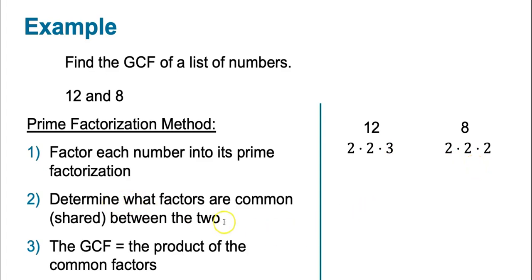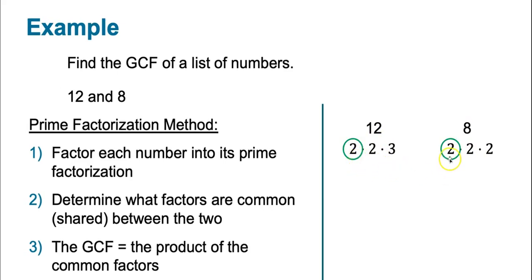Step 2, determine what factors are in common or shared between the prime factorization for 12 and the prime factorization for 8. First, we see that they have this 2 in common. They also have this 2 in common, but that's all they have in common. 3 does not belong to both factorizations, and the third 2 does not belong to both factorizations. So they both have a first 2 as a factor, a second 2 as a factor, but that's all they